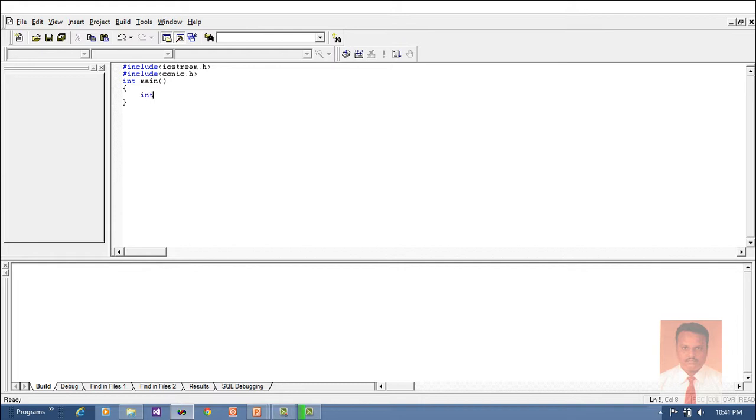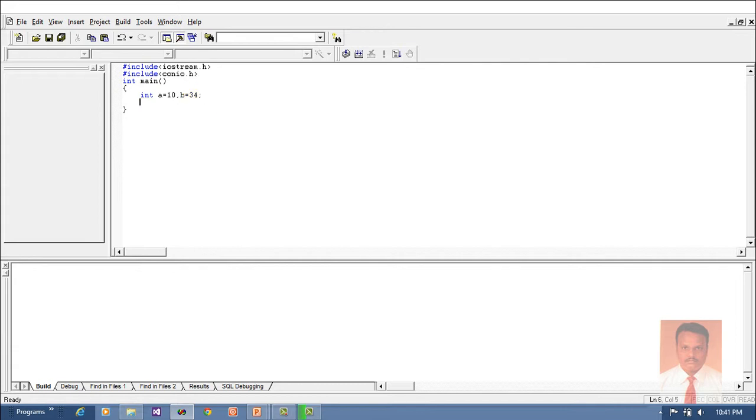Now I'm going to declare integers. The keyword is int, followed by the variables. I'm going to use two variables, let us say variable a equal to 10, I'm going to assign some value, and b equal to 34. So here int is nothing but the keyword which denotes integer, and I'm going to declare two variables called a and b. What is a variable? Variables are nothing but placeholders or containers used to hold values.